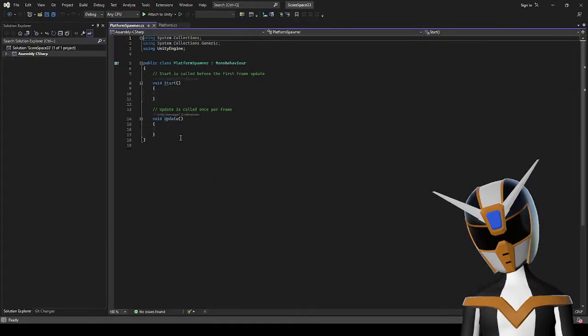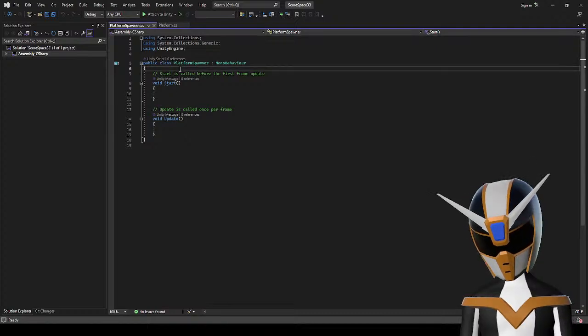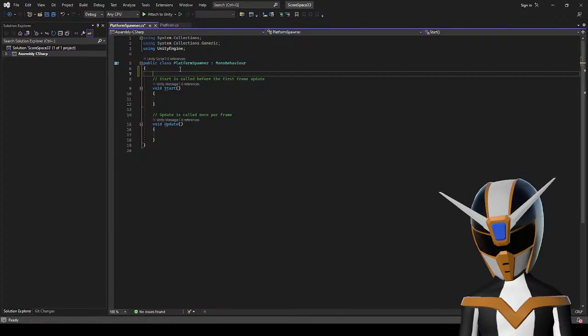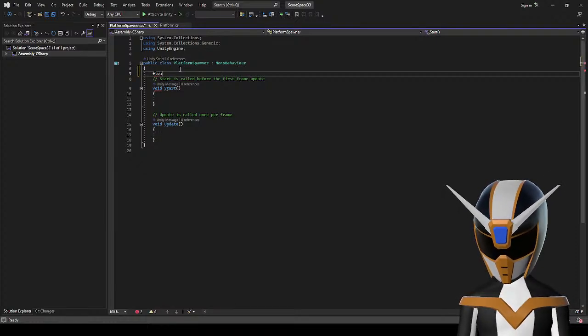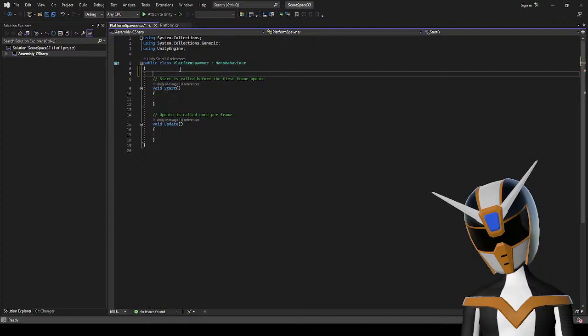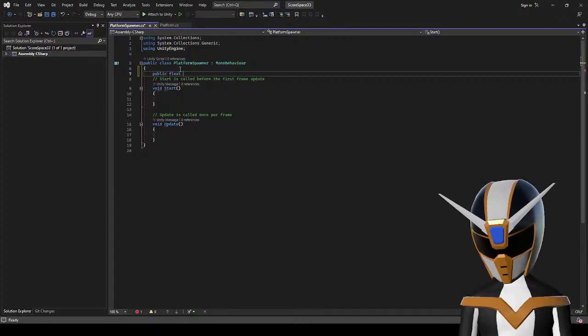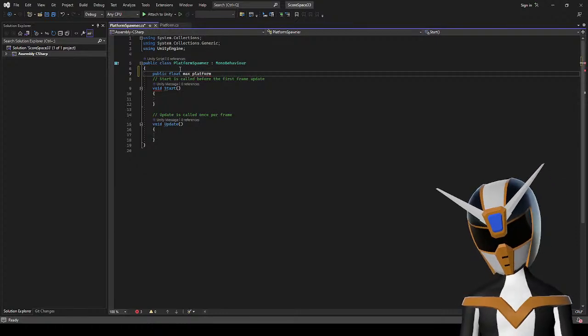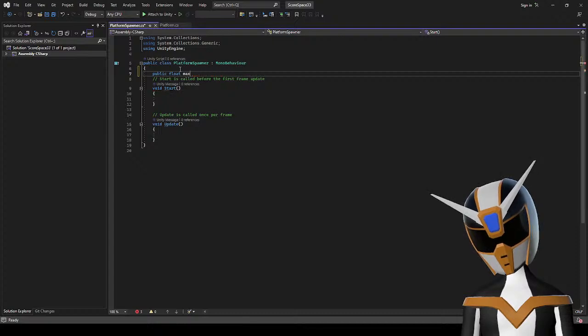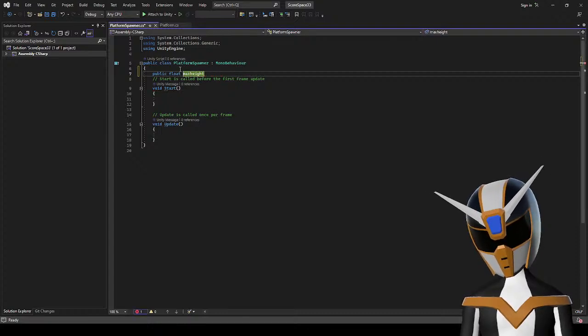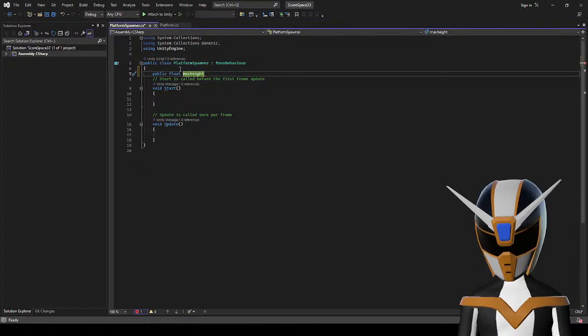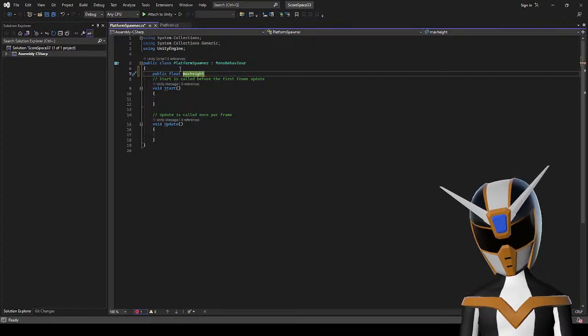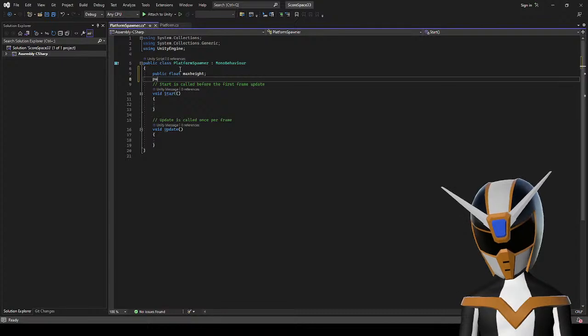Let's open this up in Visual Studio. Okay. So then I need... So let's make these public floats. I need a max platform height. And, oops. Let's just go max height. And min height.